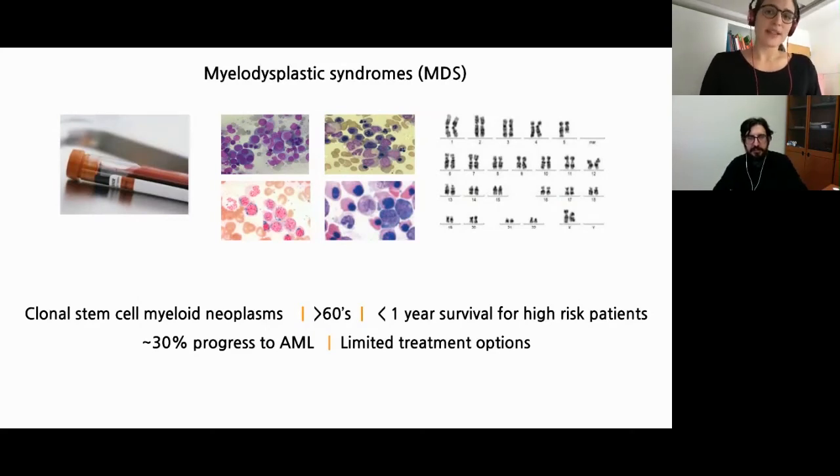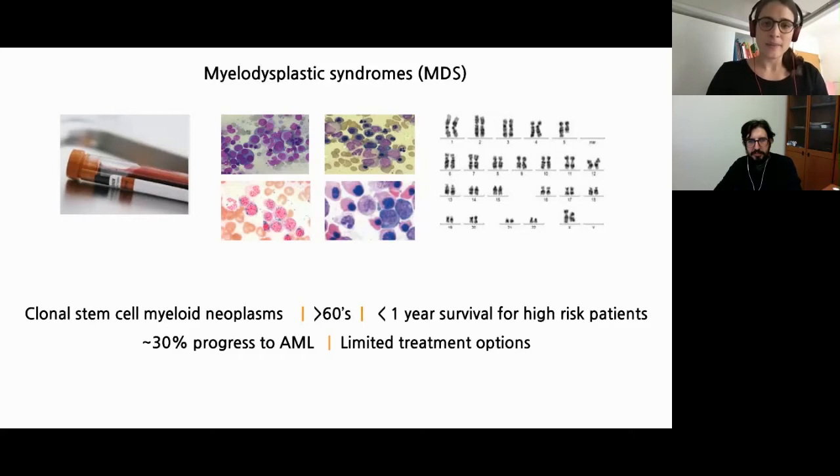which are blood cancers. They're a diverse group of myeloid neoplasms, which are bone marrow failure, when the bone marrow doesn't produce enough healthy cells. It's typically a disease of the elderly, with a median age of diagnosis above 70 years old. And it's very heterogeneous in the clinical presentation of patients, where lower risk patients can live for a decade with mild cytopenia, while higher risk patients very rapidly progress to acute myeloid leukemia, with a very poor prognosis then and a median overall survival of less than a year.